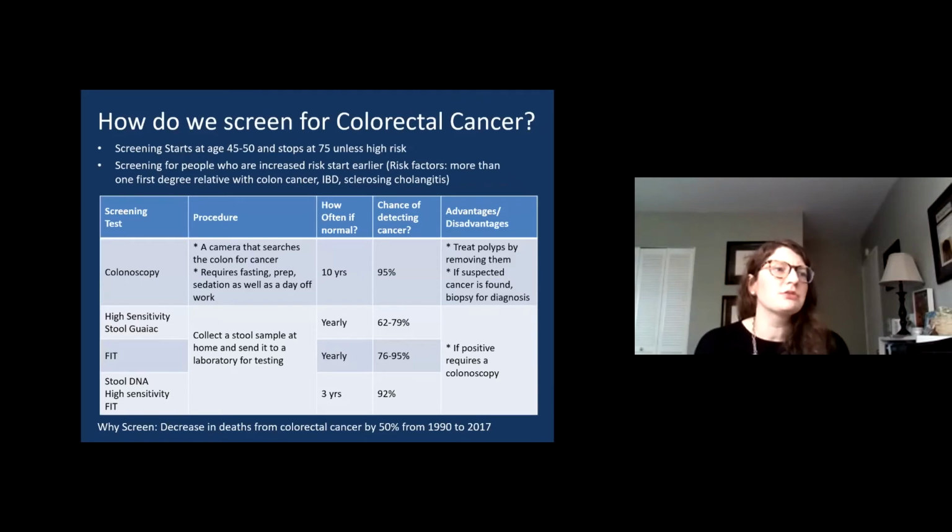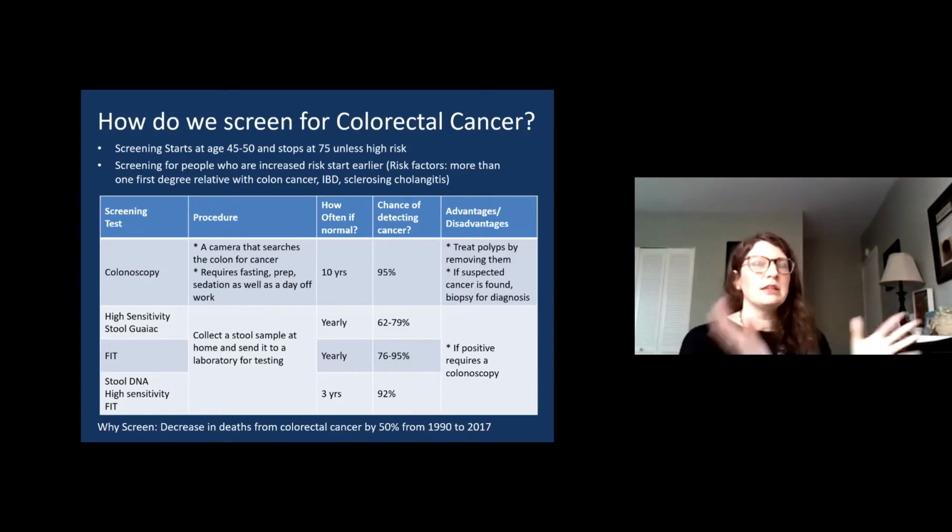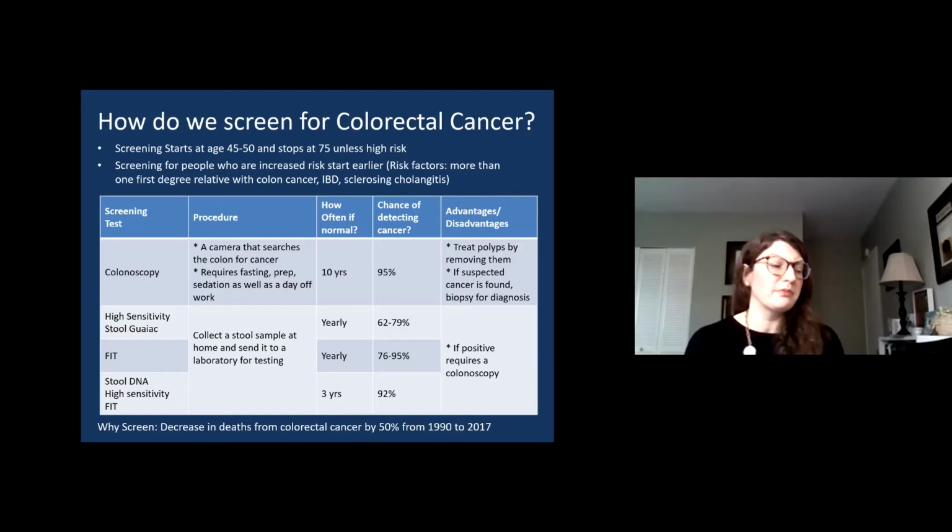And so how do we screen for colorectal cancer? We recommend screening colorectal cancer for the general US population. And typically the screening starts at between age 45 and 50. There are a number of guiding bodies that tell us which age to start screening. So that's why there's a range from 45 to 50. And you might see in the next few years that might be getting even younger, because we know that there's starting to be a population of young patients who develop colorectal cancer before the age of 40.